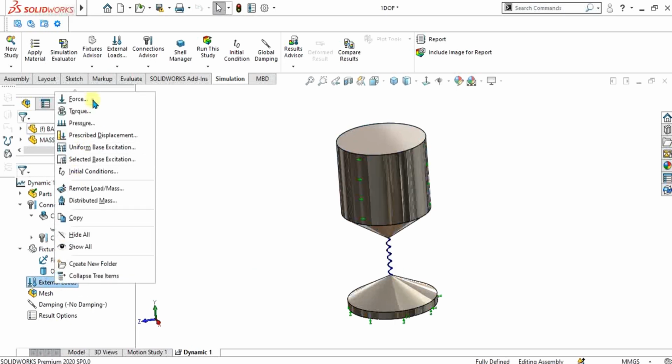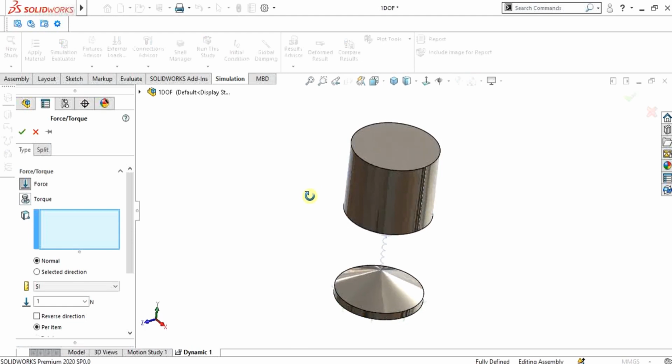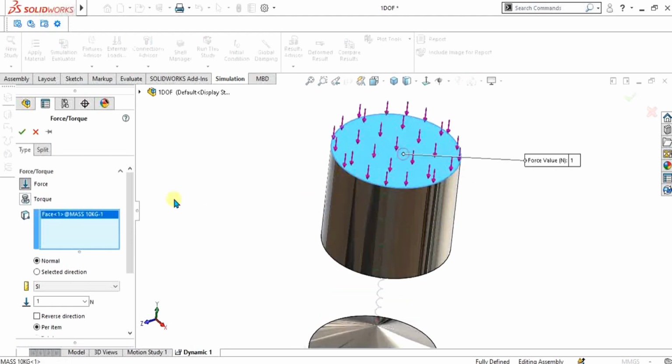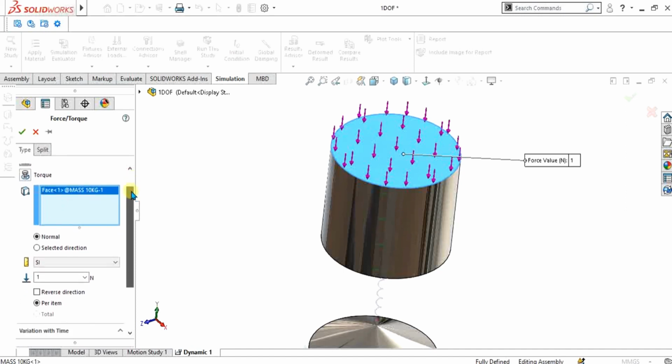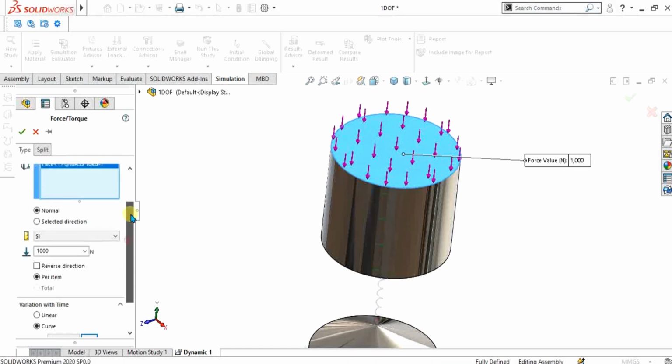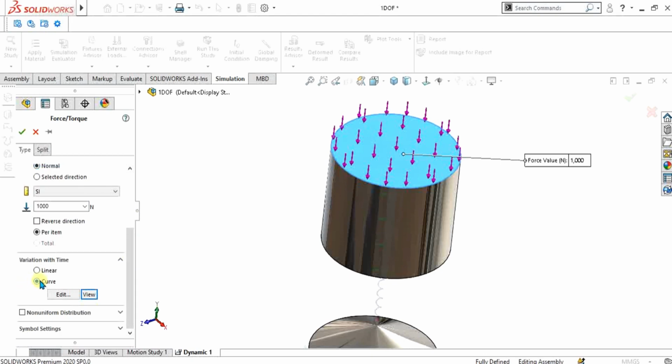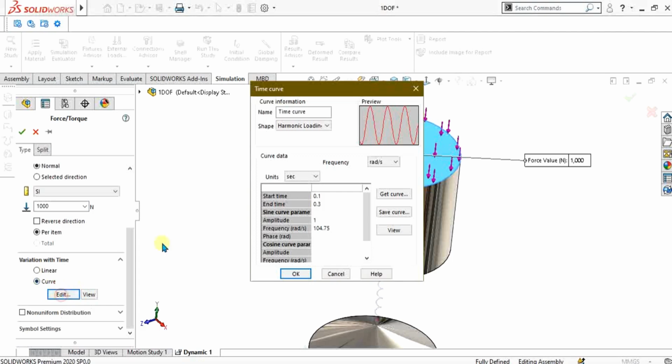Now we will apply the force, which will be our excitation force. I will show you how to apply the force with the time limit. I am applying the force to this face. Give the value of 1000 Newton. Now enable curve from here. Go to edit.